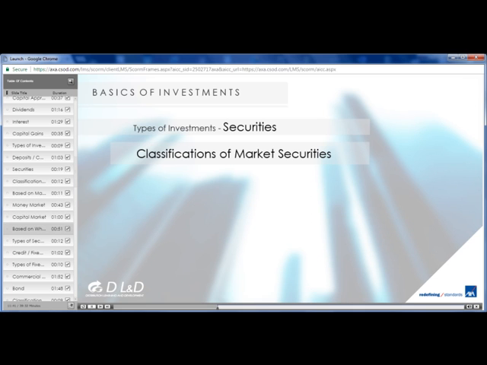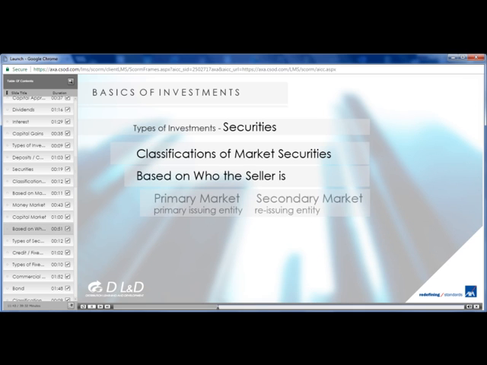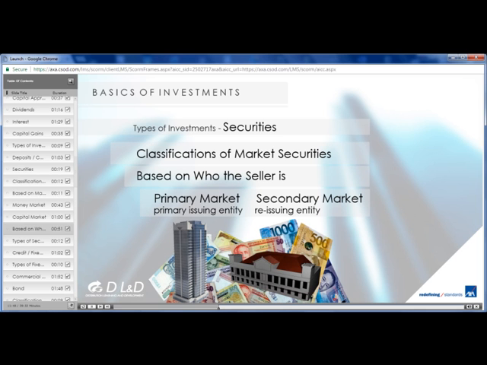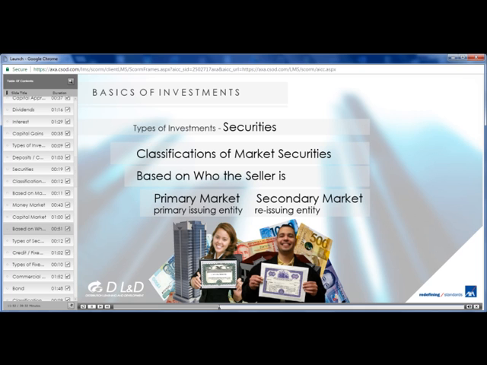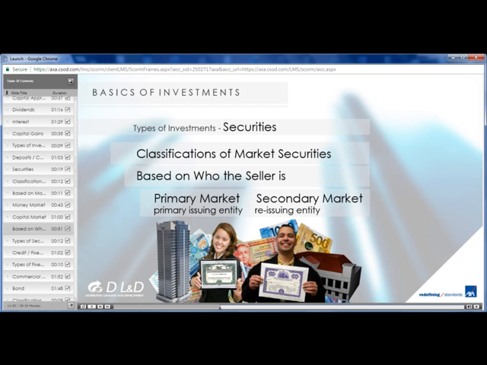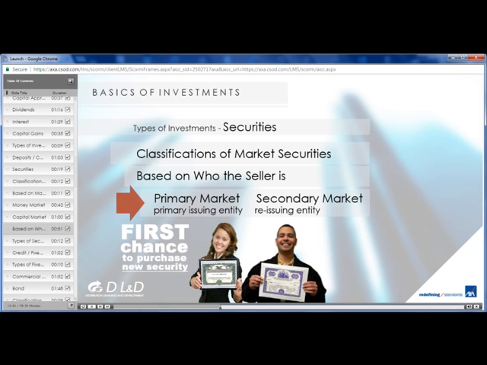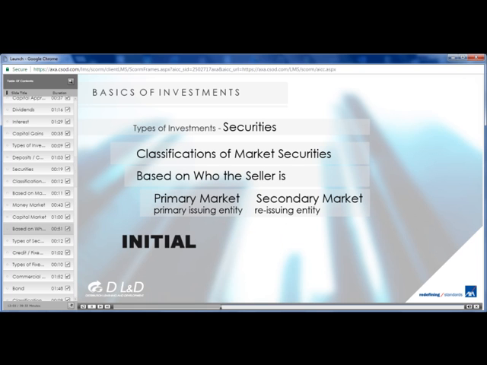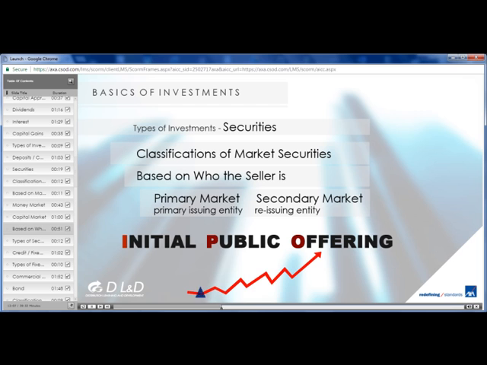Classifications of securities based on who the seller is. Primary market and secondary market. Corporations and governments finance their activities by issuing stocks or bonds which are purchased by the public directly from the issuing corporation or government entity. This is what's called a primary market. It provides investors the first chance to purchase a new security. These sales are called initial public offerings or IPOs. Because initial demand is not easy to anticipate, the initial sale price is often set very low, thus making the